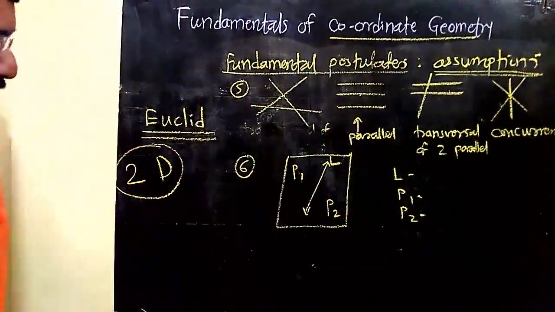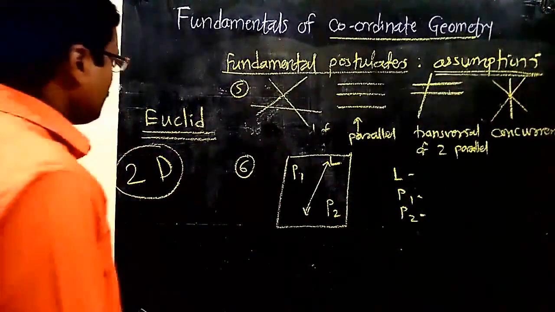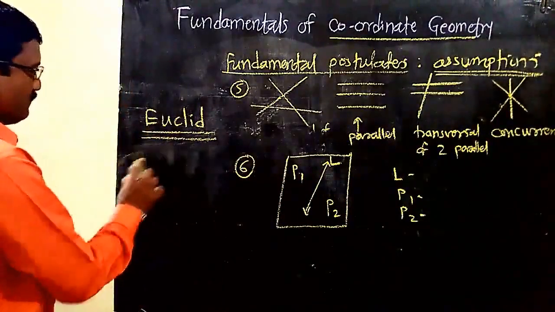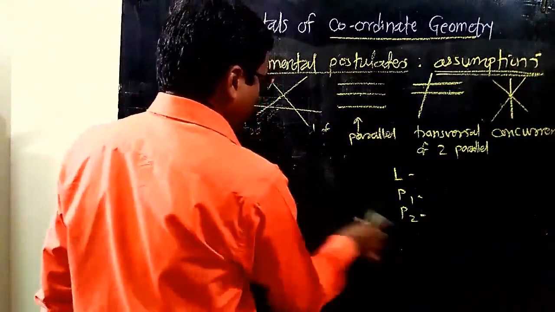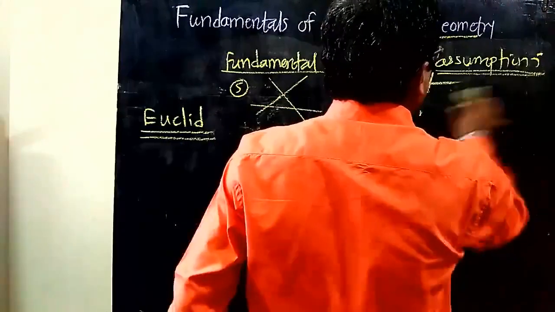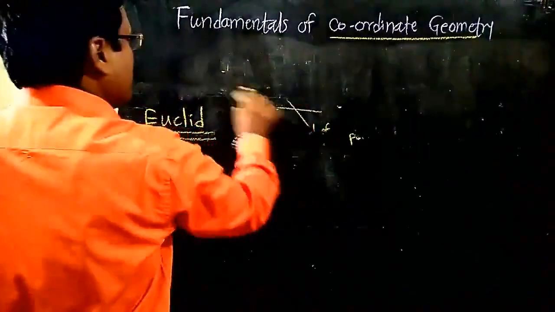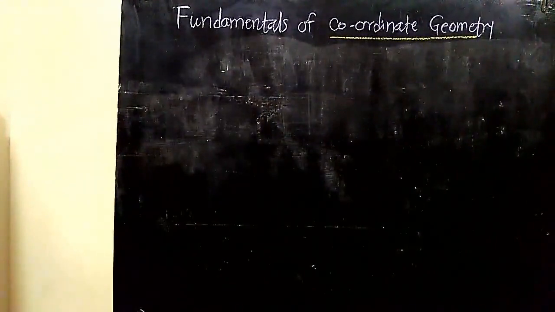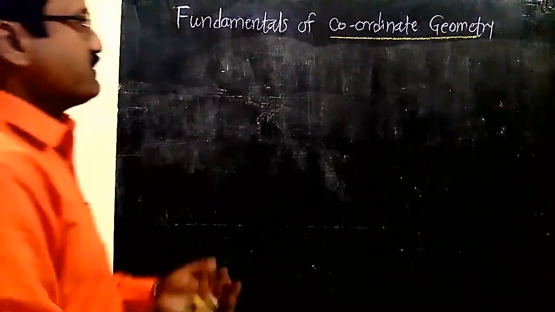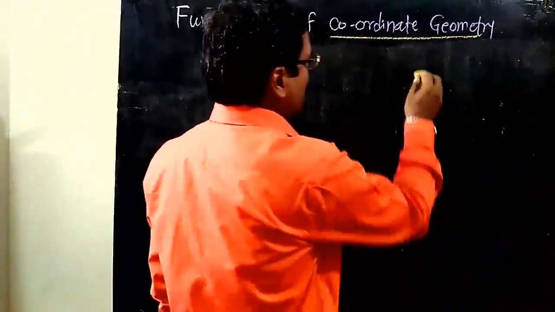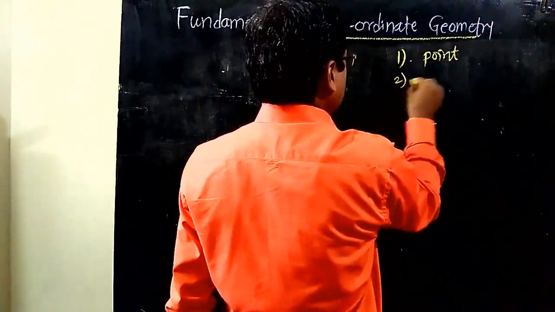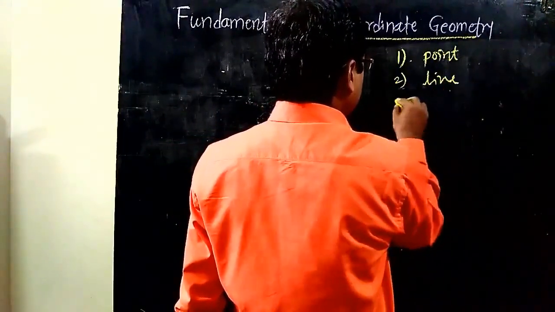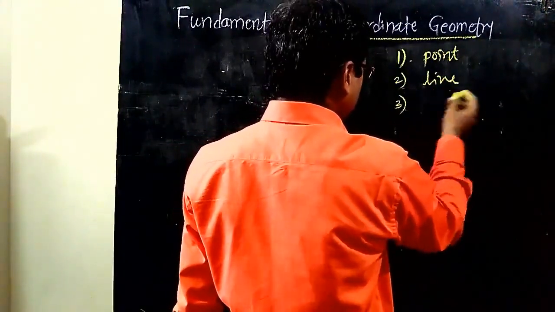The remaining assumptions or definitions or concepts we will see in the next or in that topic itself. So these are some basic postulates given by Euclid. Let us come to the next points that you have studied. I will just remind you. One, that is point and its coordinates. Second, line. Then third one, that is different lines.